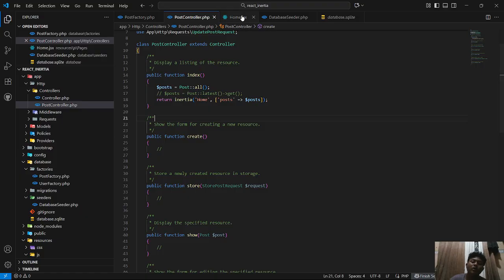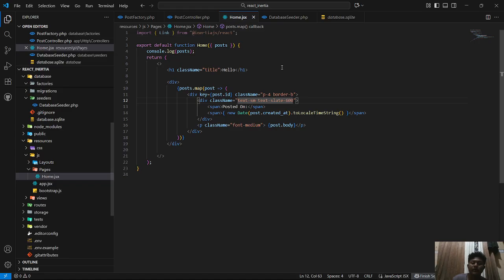After you do it, you can open the file home.jsx in the resources folder. I changed the default home.jsx.